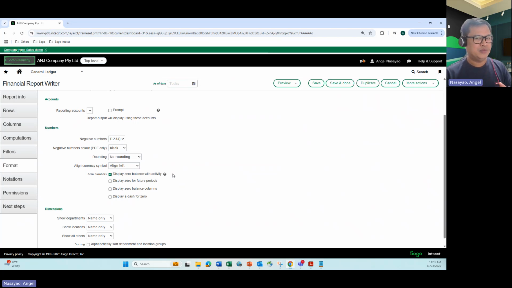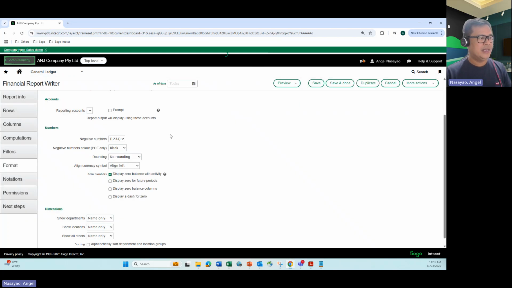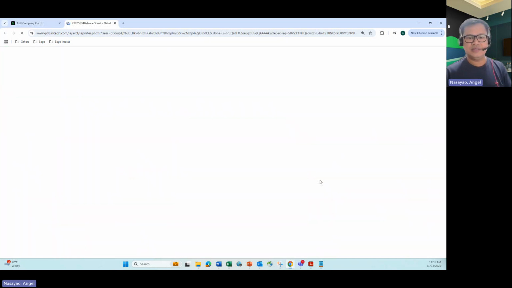So the asset account will be zeroed out while the liability account will have that credit balance of that asset account. So we will be able to see that if this is actually enabled. Anyway, let's run this report. I'll just go back again to general ledger, all financial reports, and the balance sheet detail there, and HTML in my case,